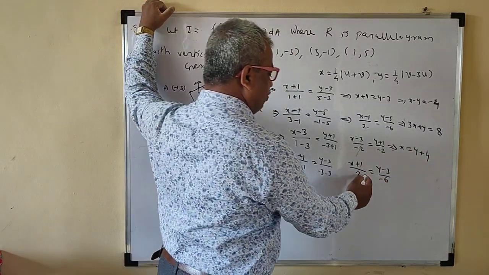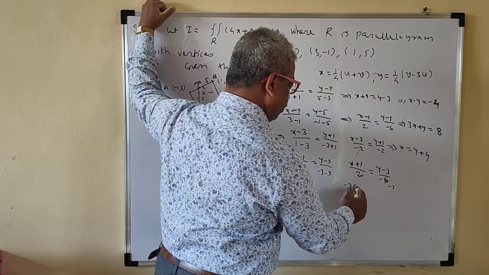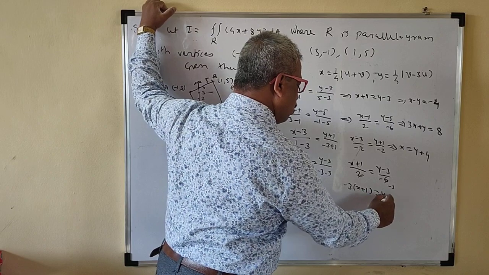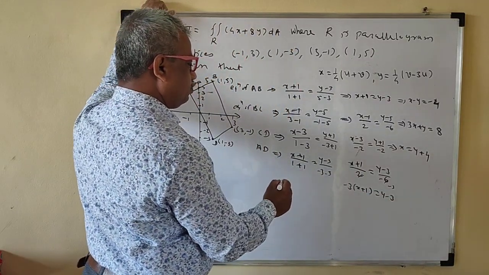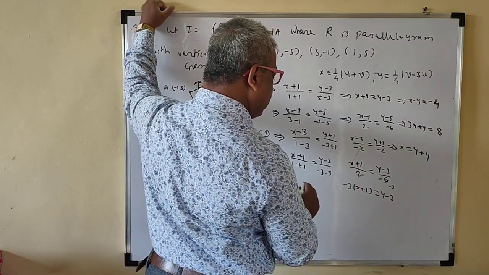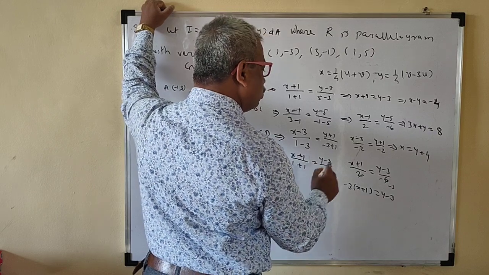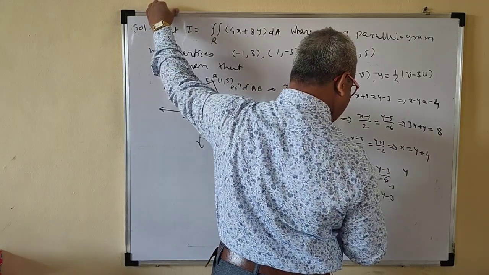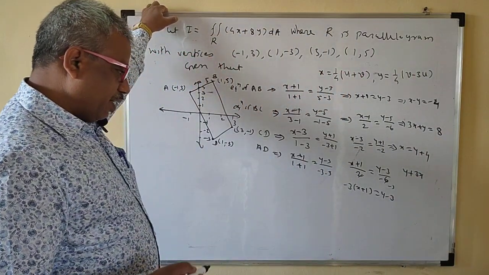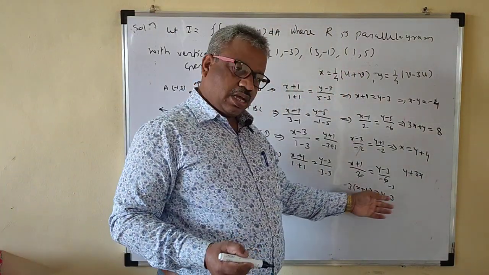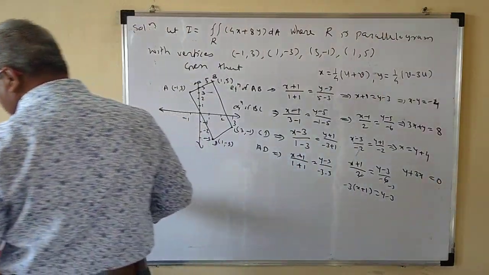Okay, so again the 3 will be here, minus 3 will be here. So minus 3 times (x plus 1) is equal to y minus 3. I will shift y to that side, so this 3x to that side and minus 3 to this side. So this will be 3x plus y. Then here minus 3 and the plus 3 get cancelled. So this is 0.